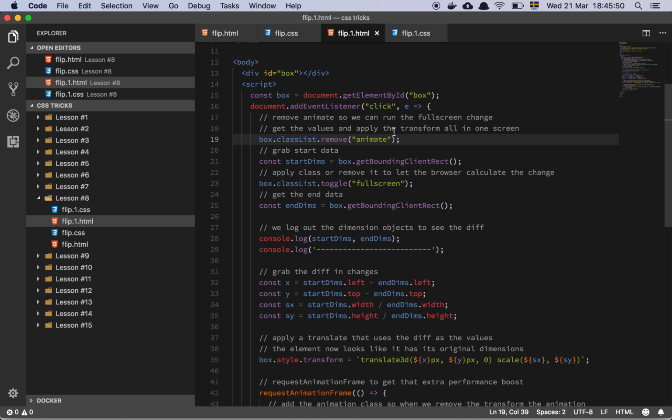Well, we're just going to remove it because what we don't want is to animate anything at this point in time. So the first thing we want to do now is to grab the dimensions of the element. In other words, we do getBoundingClientRect. And what happens now is that we have an object that contains all the position and dimension information of the